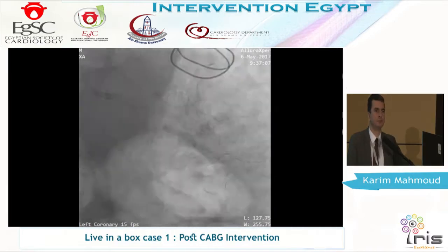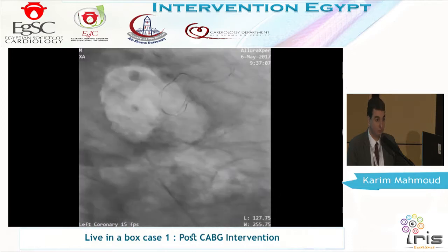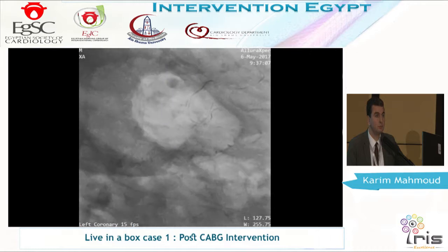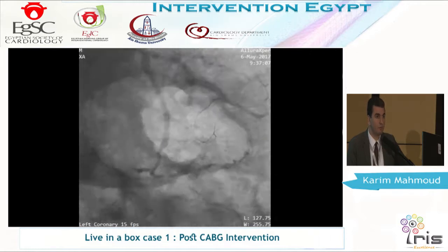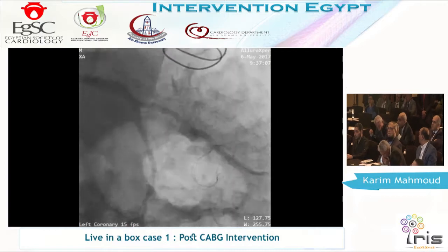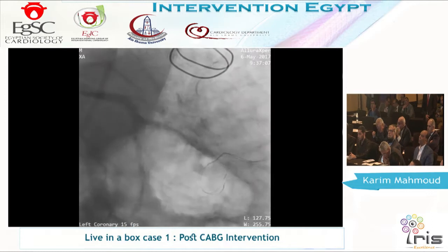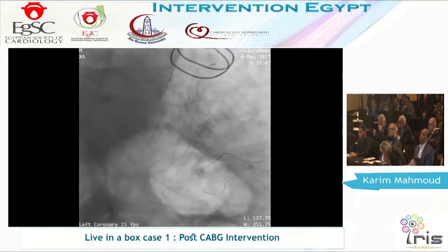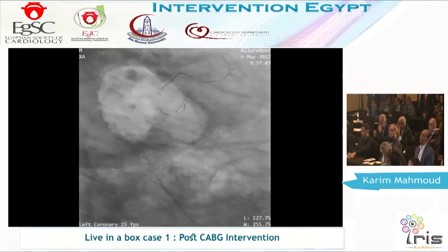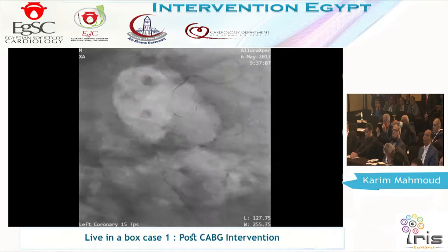But after the round, you have that technique to start by the step to the OM. But if the OM is affected or compromised, it is difficult in a patient with CABG to enter the OM. So many drugs need to start by the OM and then